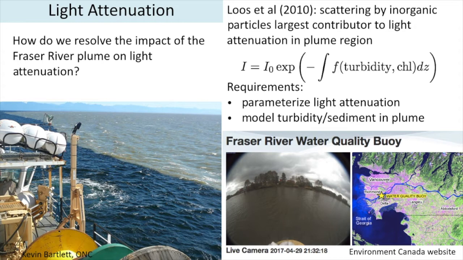In the second example, we recognize that the model was missing a locally important process, the attenuation of light by suspended sediment in the Fraser River plume. An existing Environment Canada water quality buoy provided an excellent opportunity to force the river suspended sediment concentration with real-time data. However, we needed additional data to constrain the relationships between turbidity and fine suspended sediment and between fine suspended sediment